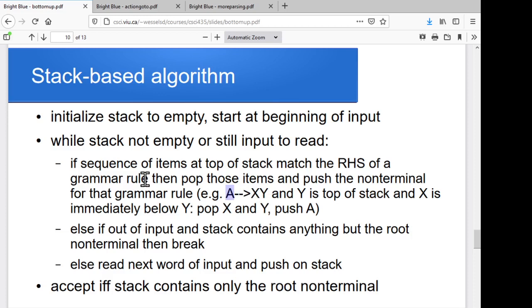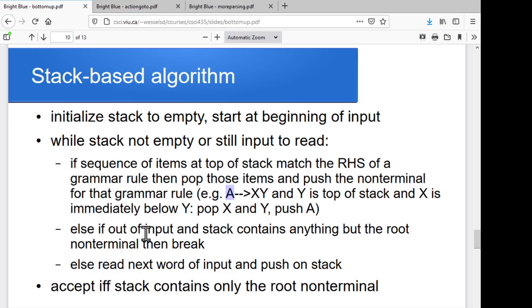So we're going through this process, and if the stuff on the top of the stack is something we can replace, we'll replace it. Otherwise, we'll keep reading through the input, whatever my frontier is, throwing things on top of the stack. And in theory, as we're reading through our tokens and pushing them on the stack, and then popping stuff off and replacing it with other non-terminals,